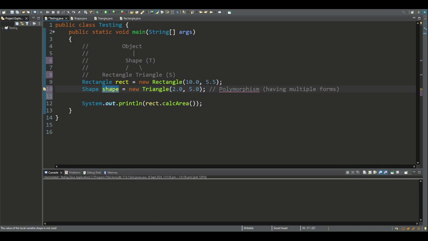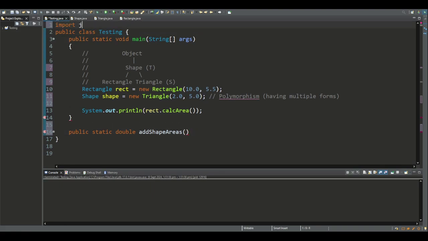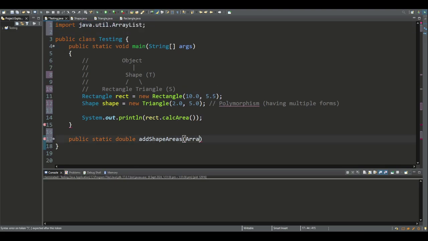So declaring references of type T being the superclass type, when S is a subclass of T, is useful when traversing arrays or array lists or using formal method parameters. So for example, if we declare a method of type double to add all the areas of shapes in an array list, what we'll do is import the Java util package to be able to use the ArrayList class, and we'll pass in an array list of shape objects,